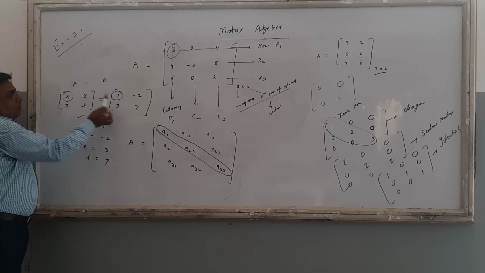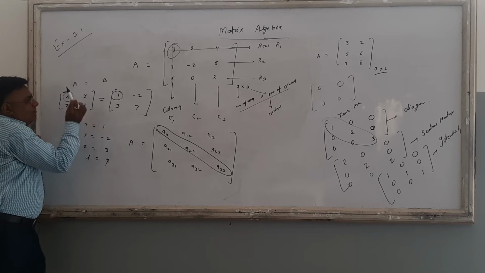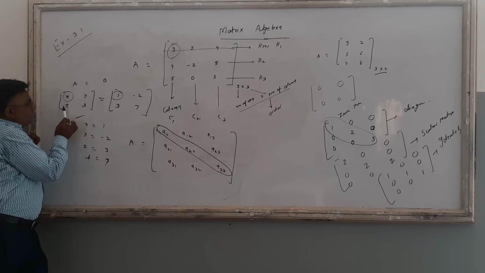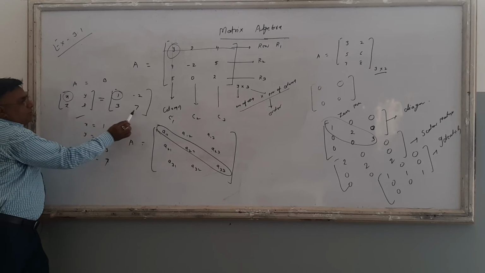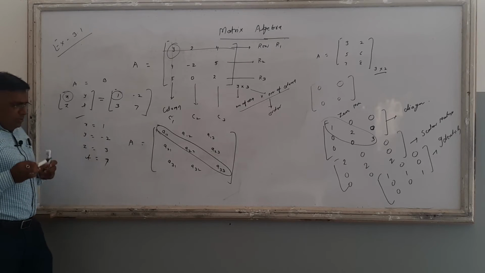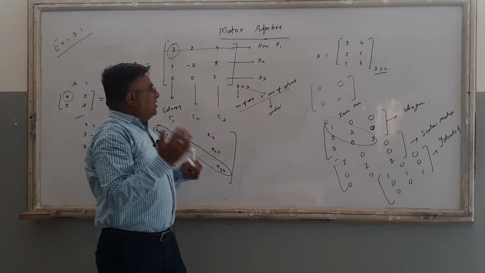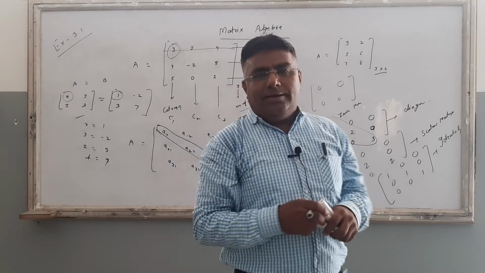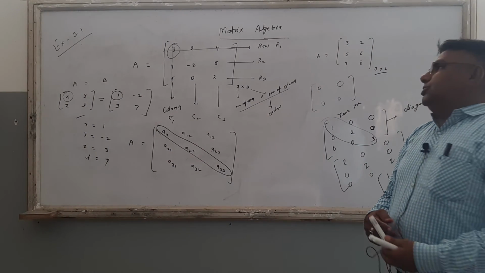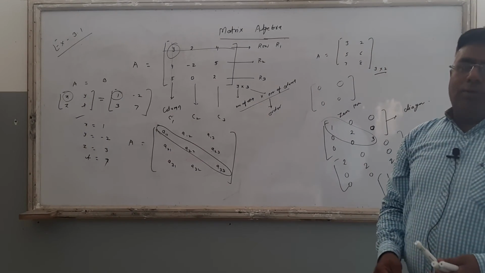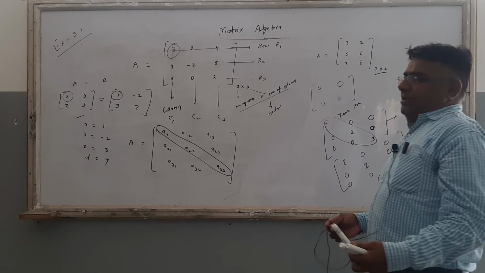Small a11 is equal to small b11, small a12 is equal to b12, small a21 is equal to b21, small a22 is equal to b22. Right? Now look here, student. Exercise 3.1 is the basic, right? Then the order of a matrix, now rows and columns. Two matrices are equal. But matrix is very, very important.